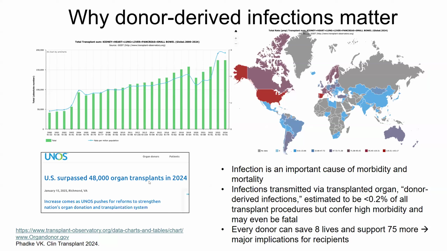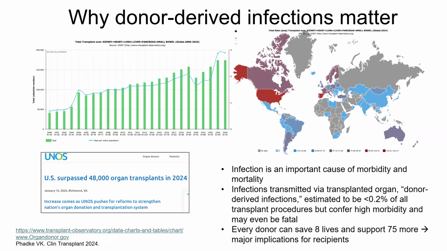In the year 2024, in the US, and this is based on UNOS data, US had surpassed 48,000 organ transplantation. And we know that a lot more patients are waiting for their organ transplants. And some might even not be able to get to that point, and patients have known to wait for a